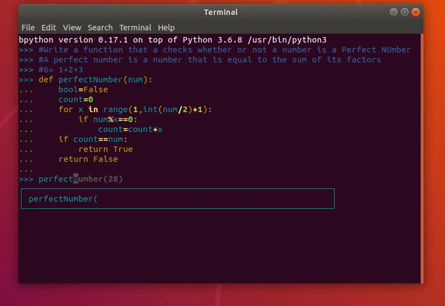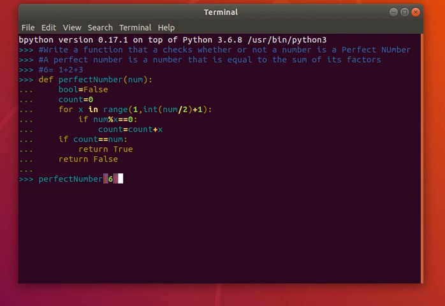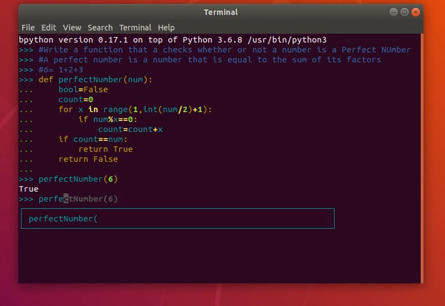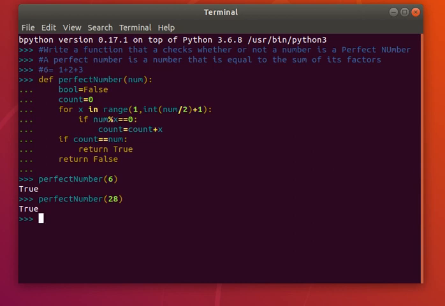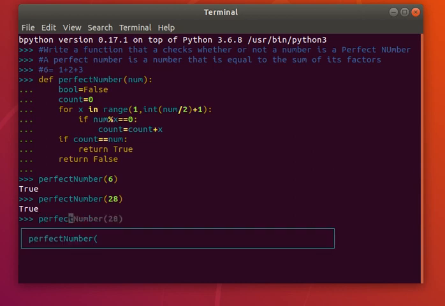So now what we do is we try to check if that is correct. Just want to make sure everything works, and then we check with 6. Let's check with 6, right? Because we already know it is a perfect number, and it says true. Let's check with another number, let's say maybe 28. It is a perfect number, so it should say true. Let's check with a number that's not a perfect number,